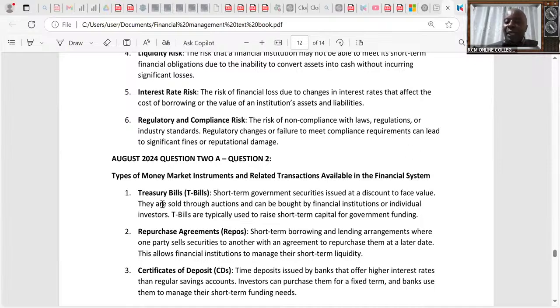So we have here treasury bills, the T-bills: short-term government securities issued at a discount to face value. They are sold through auctions and they can be bought by financial institutions or individual investors. T-bills are typically used to raise short-term capital for government funding. So in this particular case, if we have Equity Bank seeing themselves having surplus,